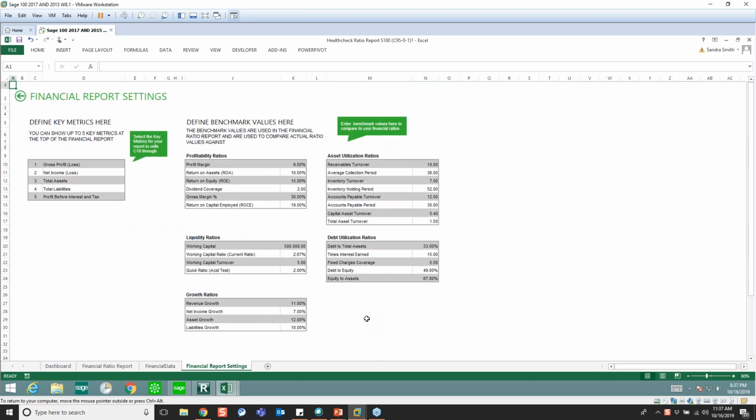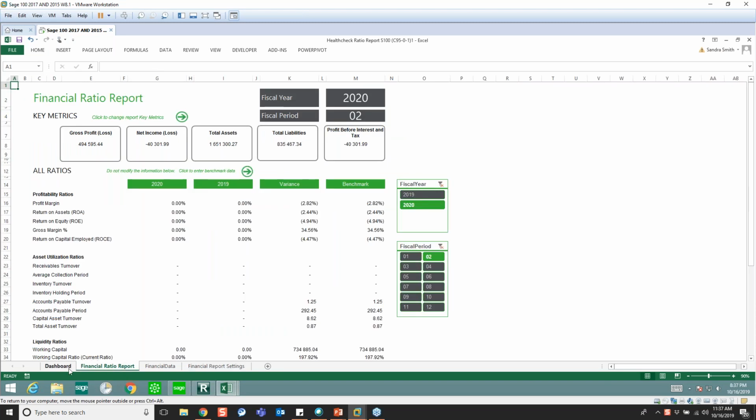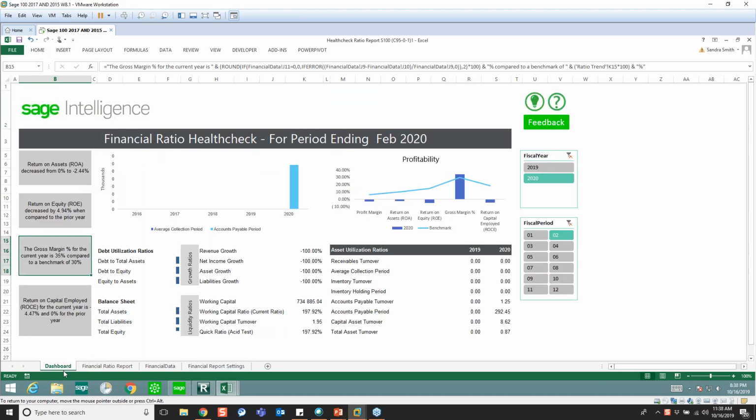And here's all my settings where I can set what it is. You can even, I think we have a hidden sheet that you can reverse engineer some of our formulas. You can enter your benchmarks and so forth. Really helpful dashboard that you can use to benefit decision making within your business. Let me open up